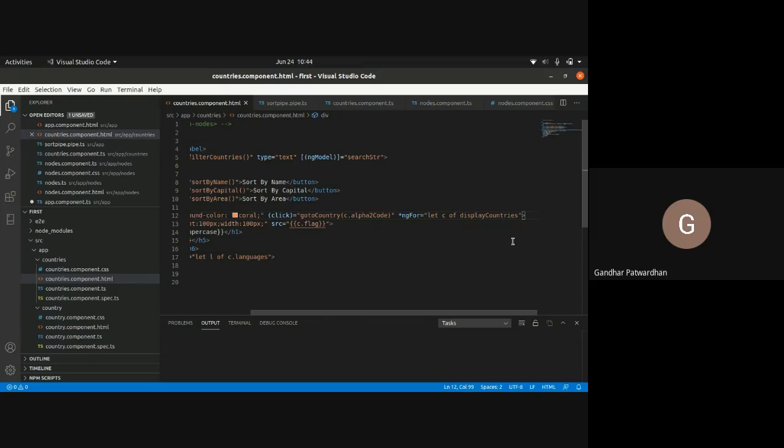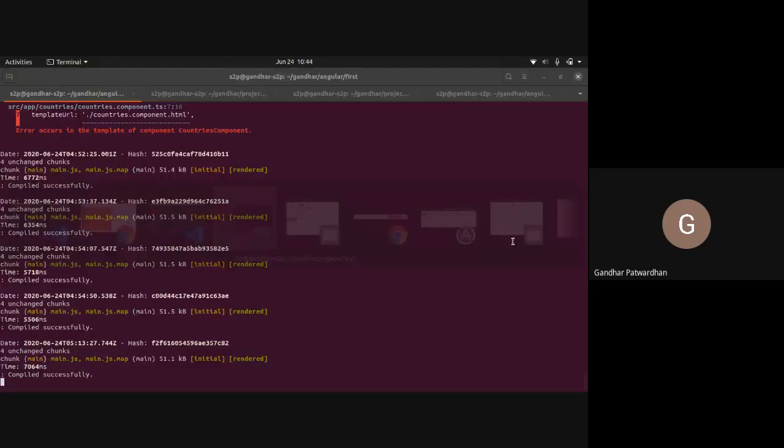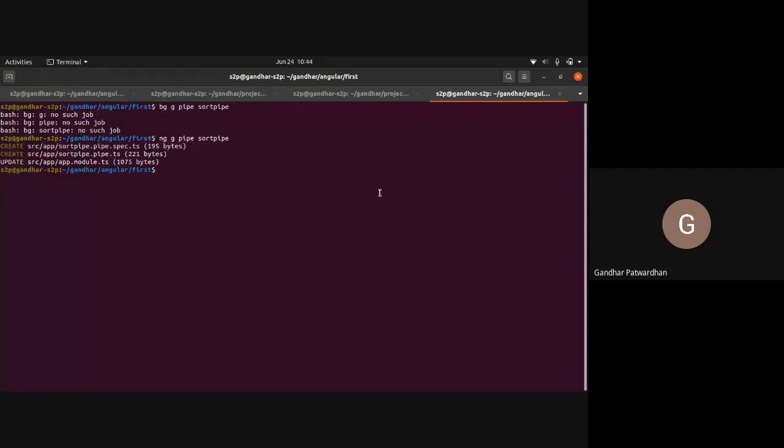To create a custom pipe, we first need to create a pipe. How will I do that? I'll simply say ng generate pipe and I'll call it my pipe. What this will do is create a mypipe.pipe.ts in your app folder.